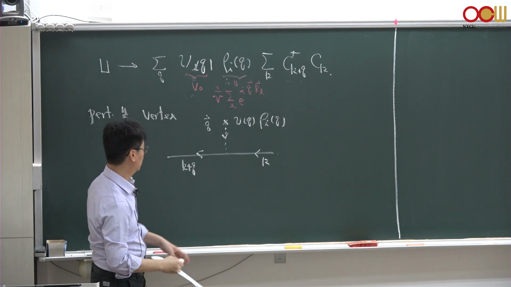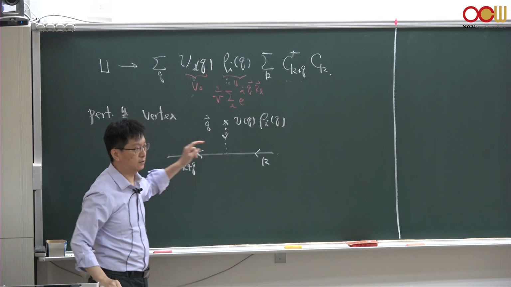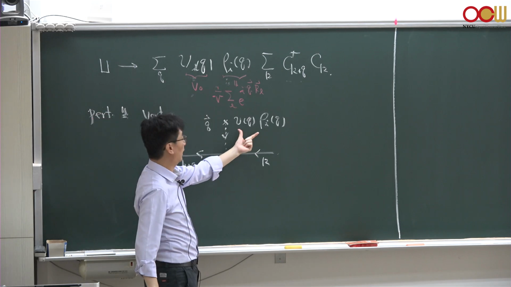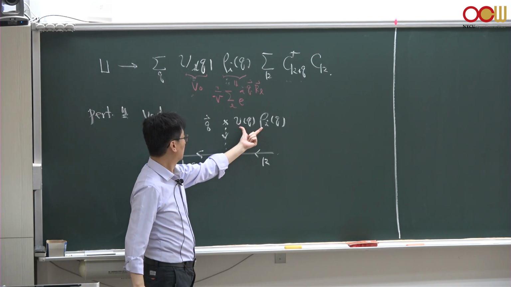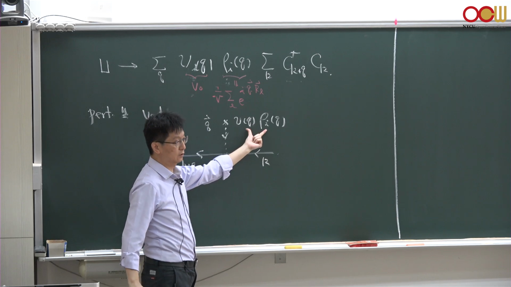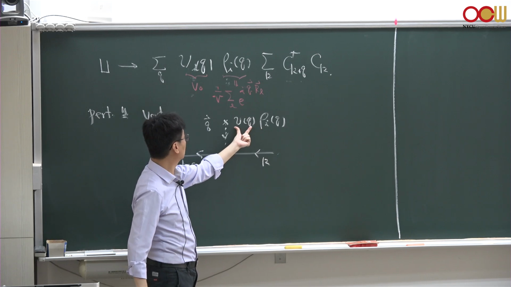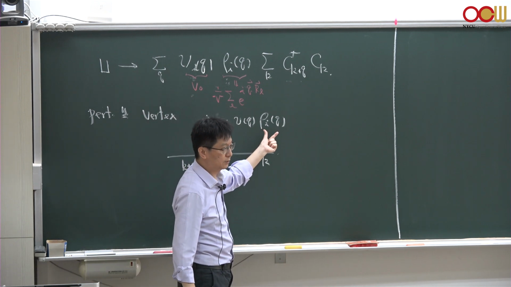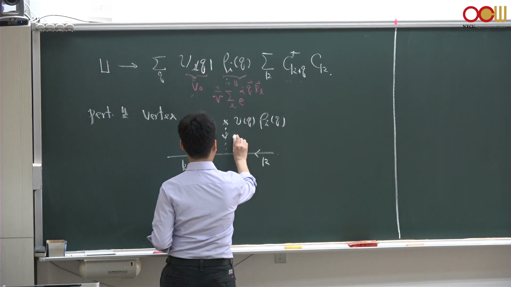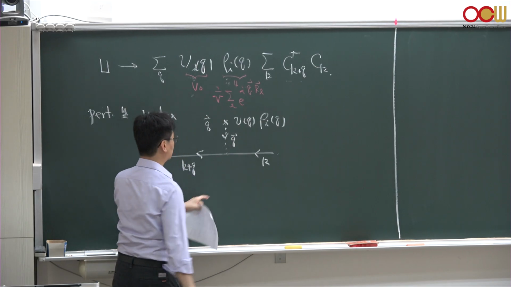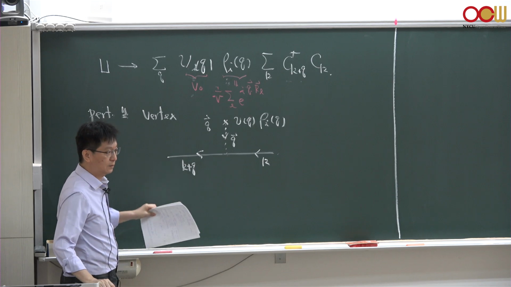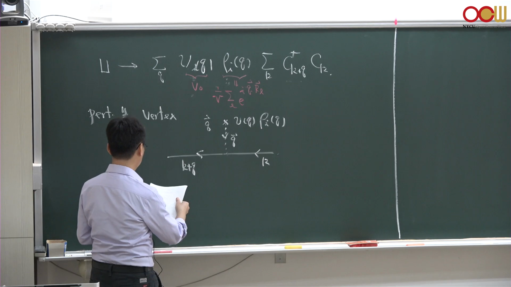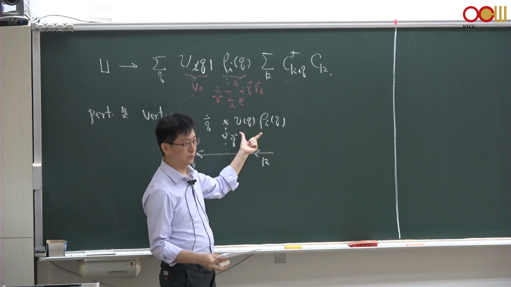As I mentioned, a single electron comes in and gets scattered by this randomly distributed impurity potential, and the strength of this potential is given by V(Q) times rho_I(Q), where V(Q) is just a prefactor in front of the delta potential, and rho_I(Q) represents impurity density. And the momentum transfer between the incoming and outgoing electron states is given by Q. But remember, this is just a particular impurity configuration, and we need to sum over all possible impurity configurations and